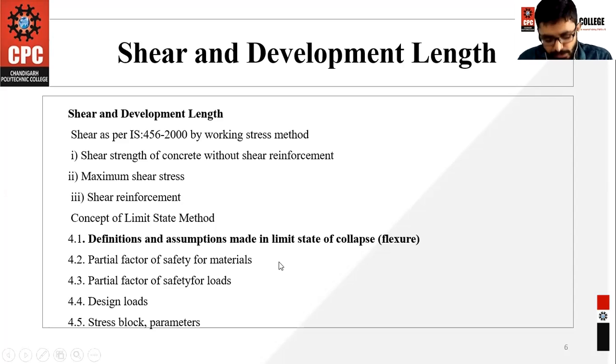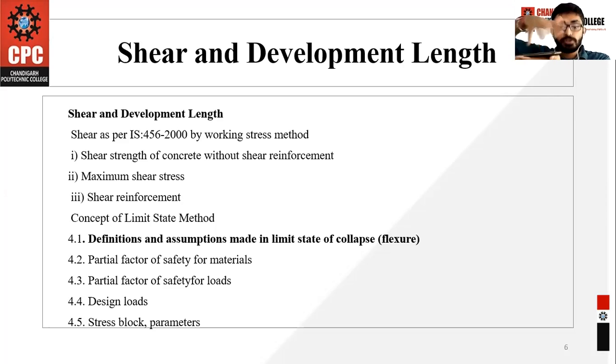What is the most important thing that I would like to tell you? That is the partial safety factor. This safety factor has been introduced by Indian engineers, innovative engineers. As per them, there is a value of 1.5 that you have to multiply with every load. Suppose a 200 kilonewton load is given to you, and you want to design a building for that load.